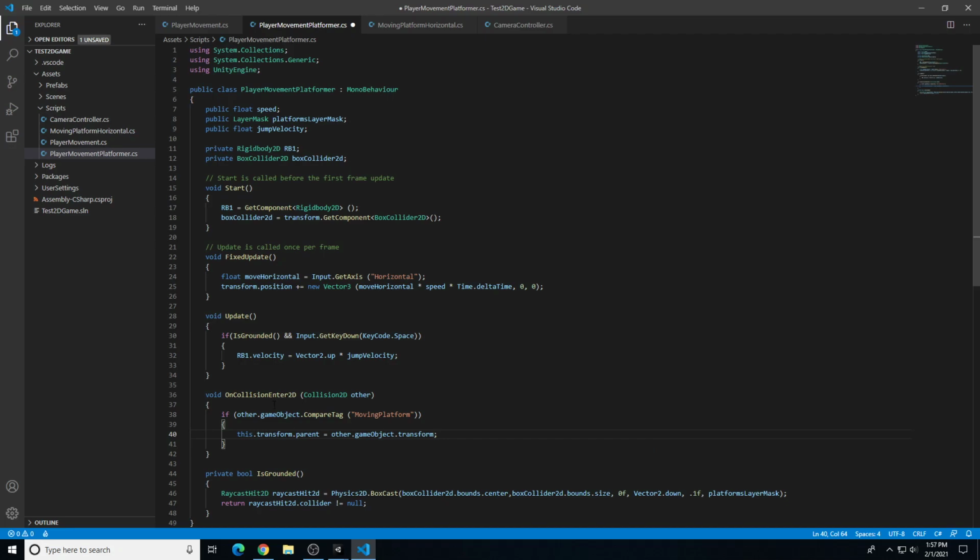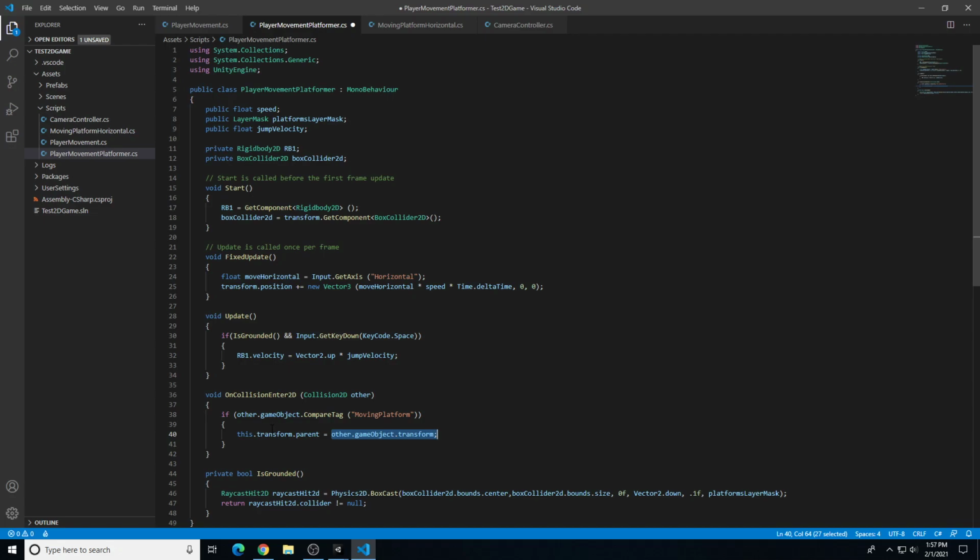So basically what this is going to do is on the player colliding with another object, if this other object's compare tag is moving platform, then parent the player to this other game object, which will be our platform. We're not done because we also need to create an on-exit collision,